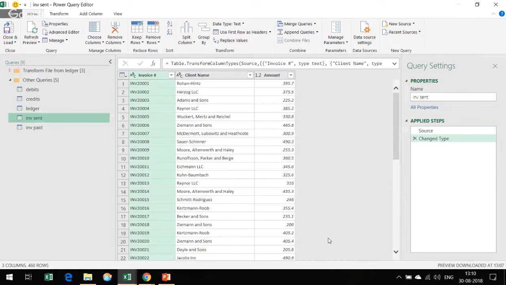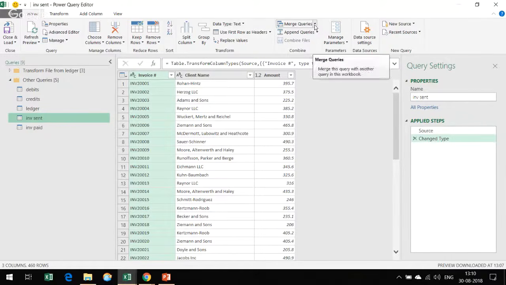But assuming you got some invoice IDs here and then invoice IDs there, we would just like to merge these two tables, marry them, so that we can see which have been paid, which have not been paid. So I'll go to invoice sent. This is my master list, all the invoices that we have, and we would like to combine that with invoices that are paid. So select this, go to the invoice table, and then from home there is a merge queries